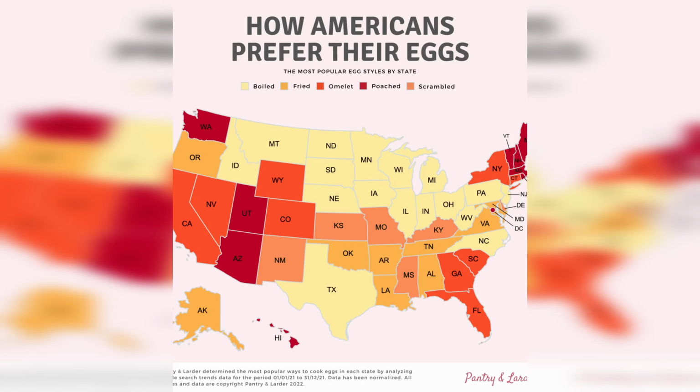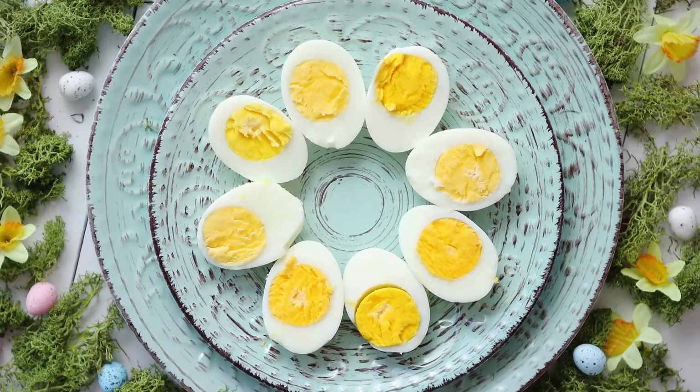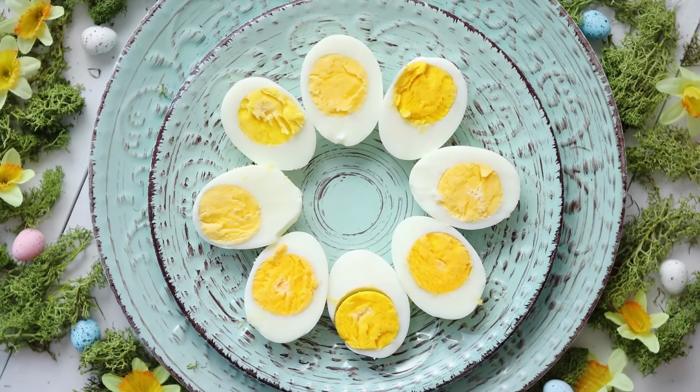In the US, a study was undertaken using Google Trends to figure out the most popular way of eating eggs in each state. For Americans, the most favored egg around the country is actually the boiled egg. Most prefer a hard-boiled egg to a soft-boiled egg, but they're boiled nonetheless. The next most popular egg was a poached egg, which won in 10 states, and then omelets, and then scrambled